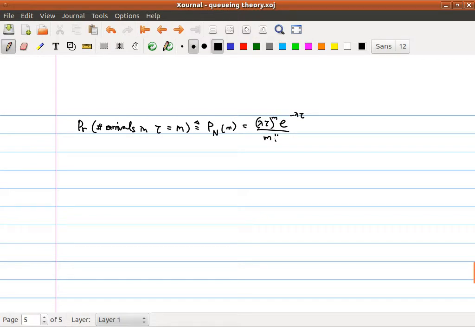And we say that this is a Poisson distribution, and we can again try to find the mean and variance for the number of arrivals